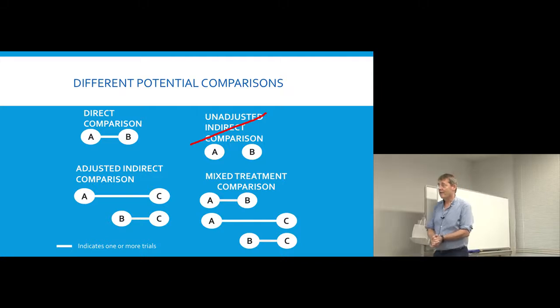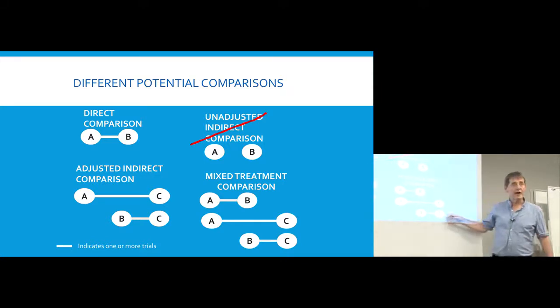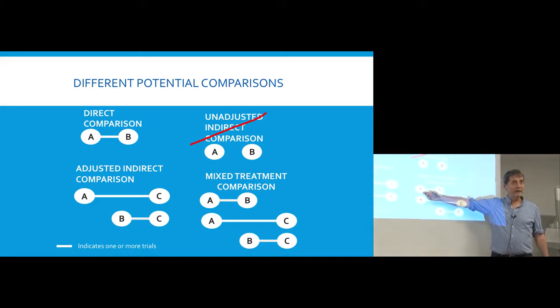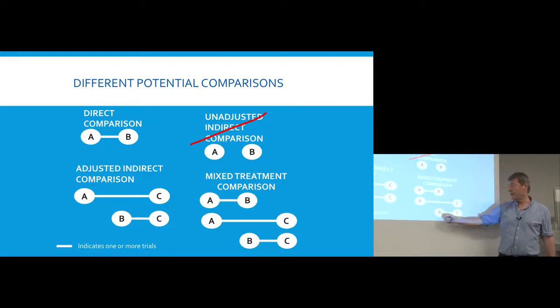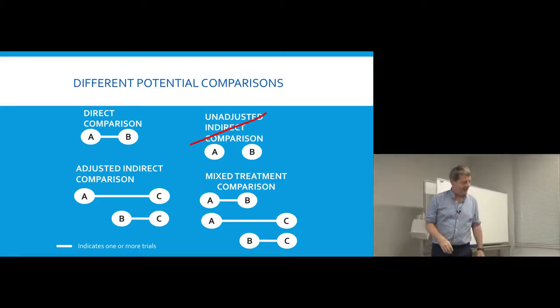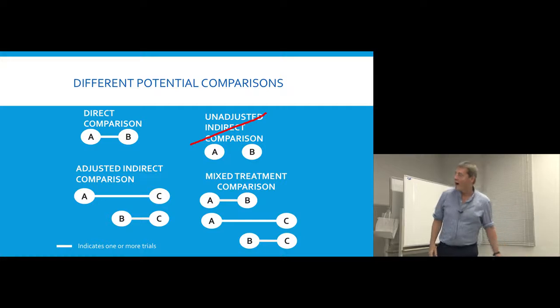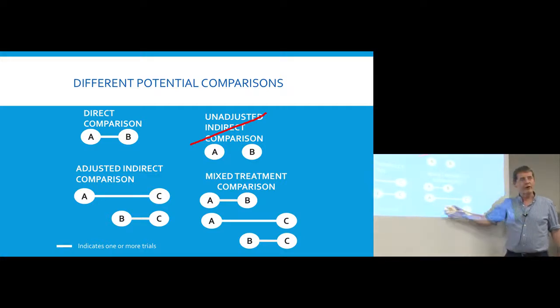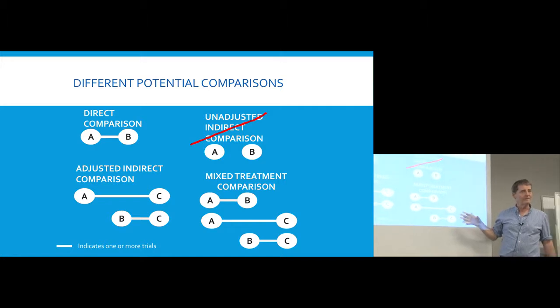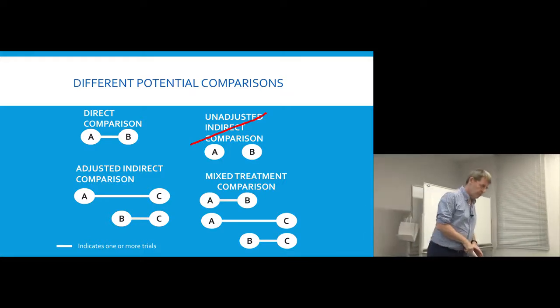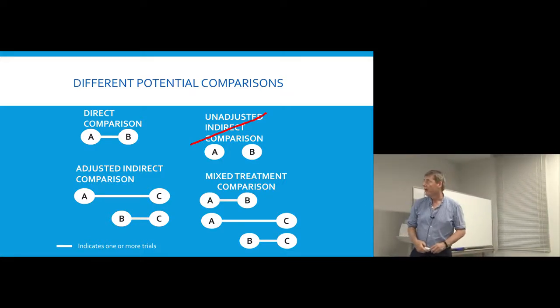Finally, what we might have is this series of trials. We might have a direct A to B comparison, a comparison between A and C, a comparison between B and C. Now, health economists and some others argue that if this is what we've got, we should try and use it all. Some people, the Cochrane Collaboration, you might have heard of, who are a big international organization dedicated to improving evidence-based medicine, argue